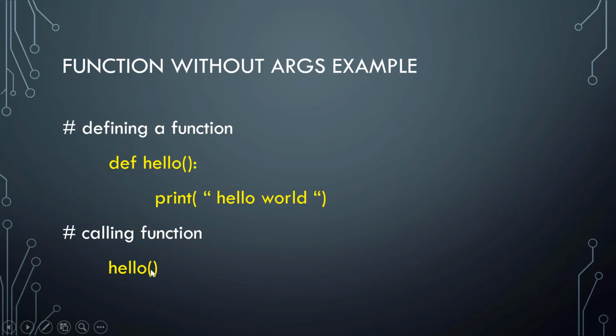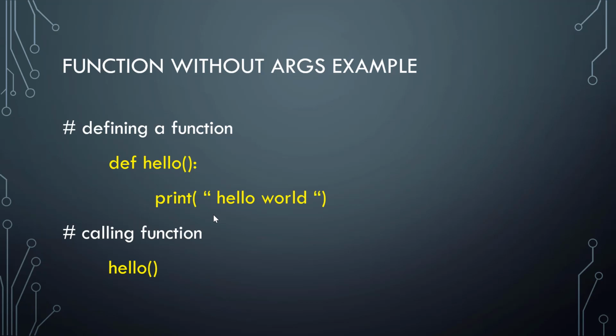Then call hello. Whenever you call this hello, it jumps to this function body and executes all the statements of the function called hello. Of course, we have only one statement inside it, so this will be printed. After that, writing a return statement is optional in this case because we are not returning any value. Even if you write it, it doesn't bother. Both are absolutely the same.